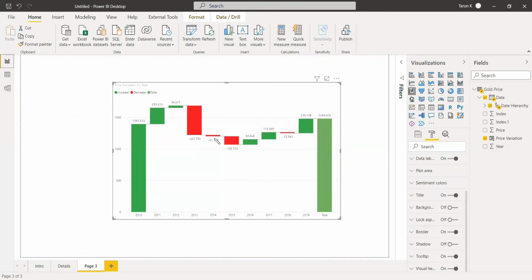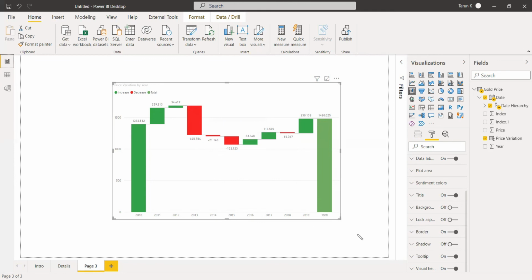Then another down, then it started increasing, then one more time it came down, and it is going on like that. With respect to this, we can easily understand, because the color also will change, in which period the value is changing, going negative, or coming up.